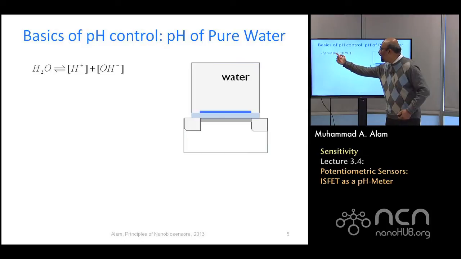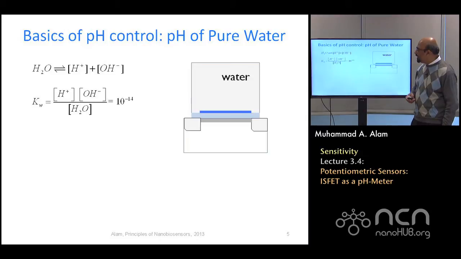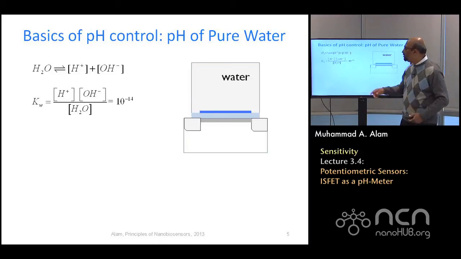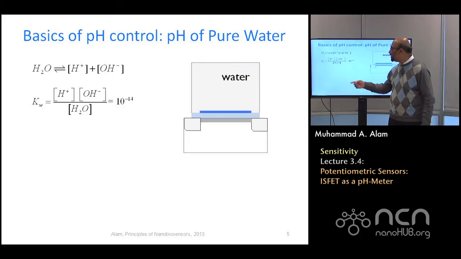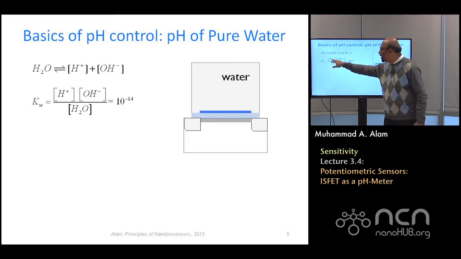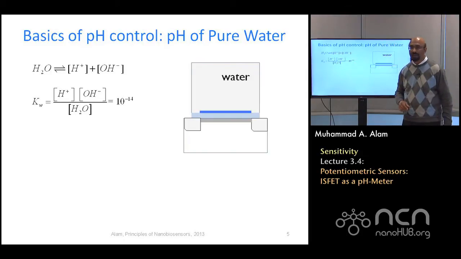The water may actually dissociate into proton and OH groups. It can go back and forth. Of course, it can break apart and come together. But it turns out that only a very small fraction of water does so. So if you wrote a rate equation about the forward dissociation and the reverse process, you will see that the product of the hydrogen and OH concentrations, with respect to the water molecule itself, is 10 to the power minus 14.